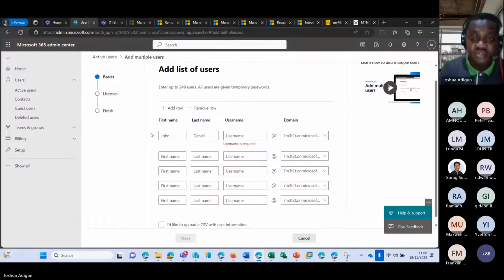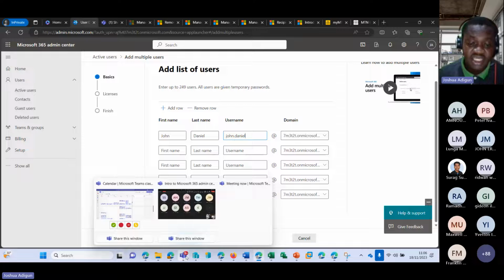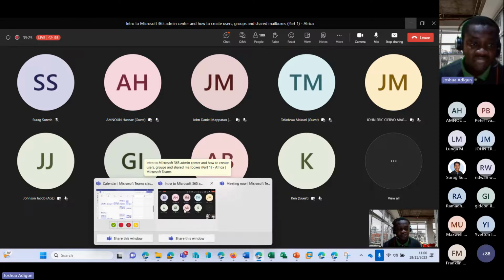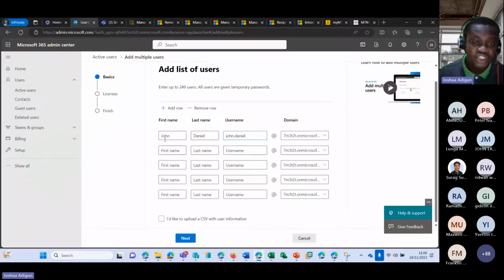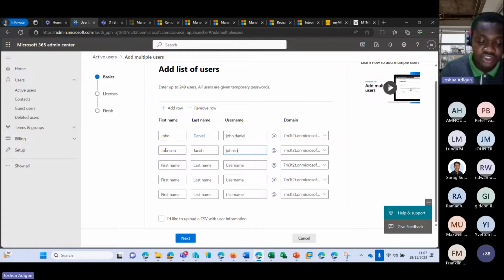Daniel, username John, Daniel, and then I choose my domain name. I can decide to add more. I say Johnson Jacob, Johnson dot Jacob. So depending on your organization's